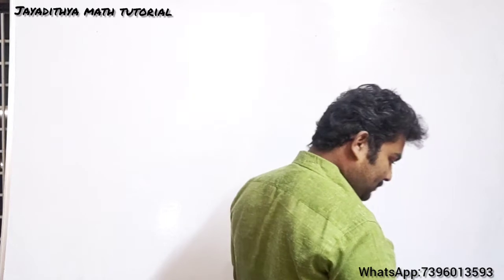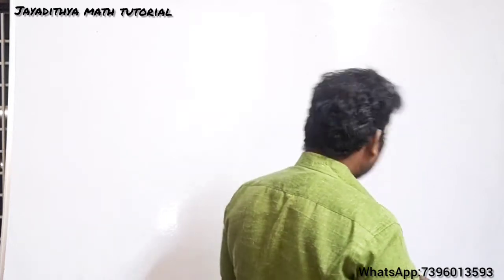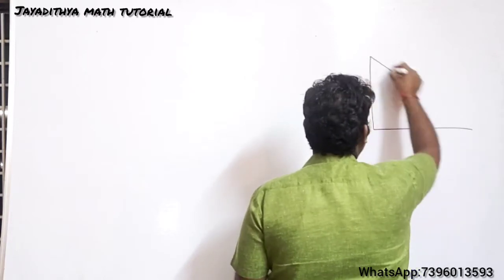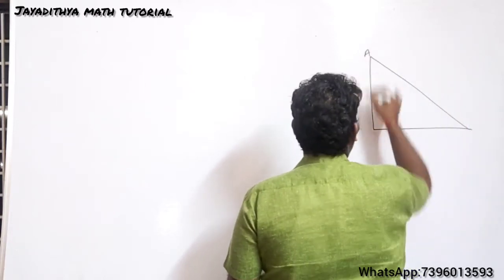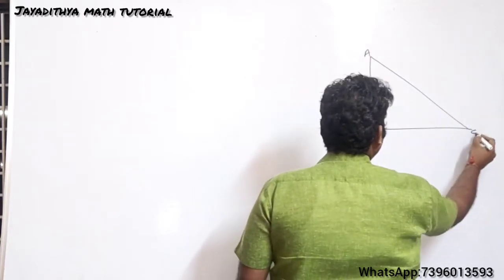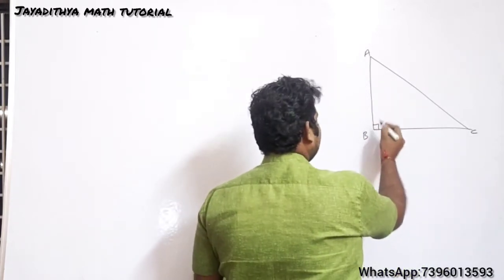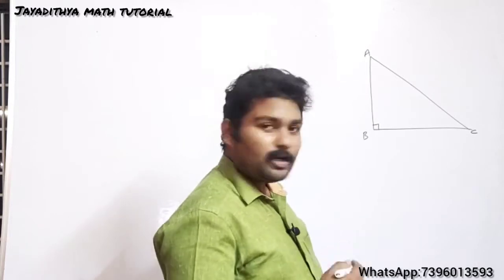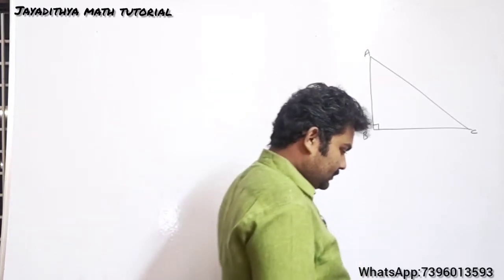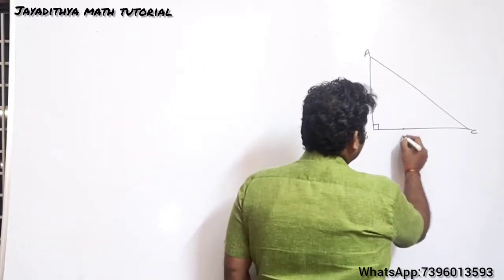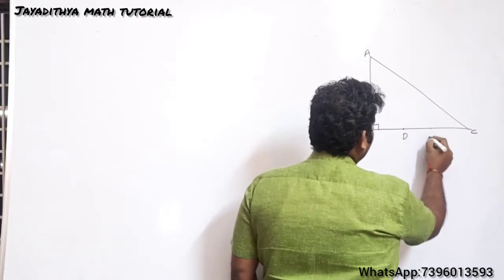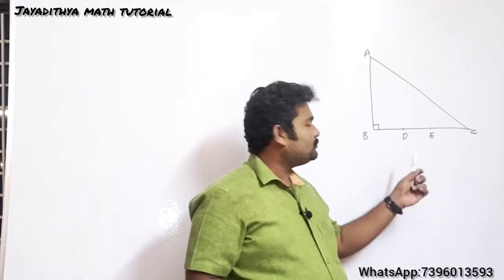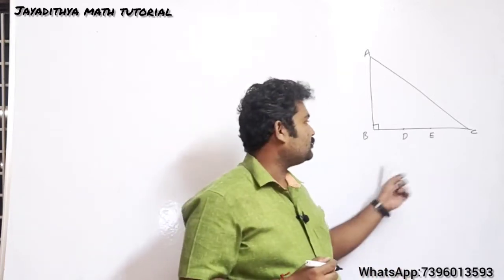In the given figure, ABC is a triangle, right angle at B. So see here, there is a right angle triangle A, B and C. So this is right angle at B. D and E are the points on BC which trisect it. So let us take a point here D and a point here E. So what is the specialty of these points? He is telling that these points are the trisection points of BC.